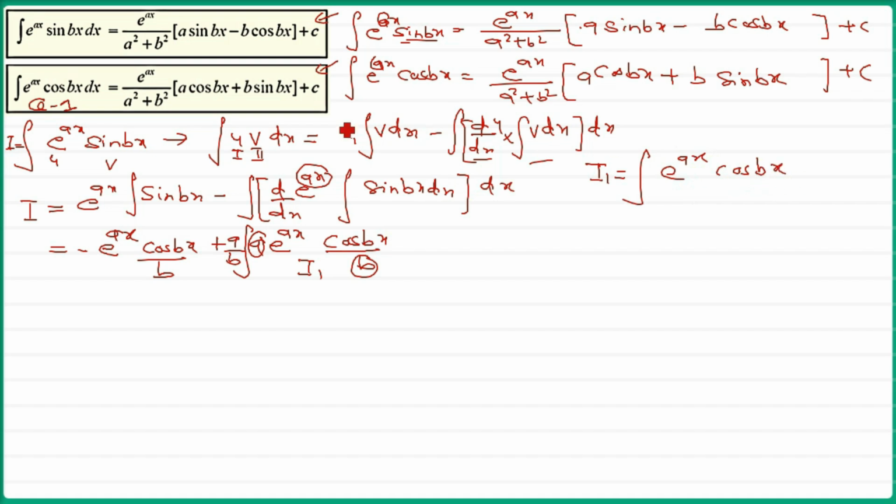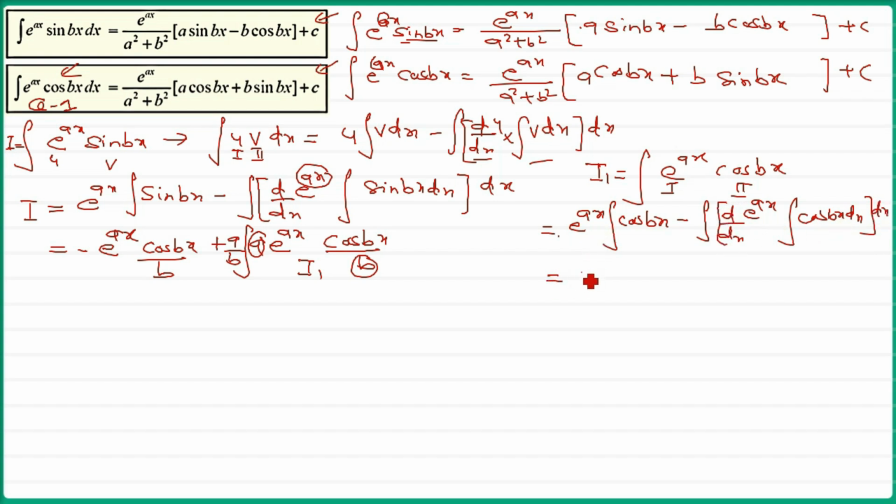So e raise ax cos bx, we are integrating it. This is the second function I am talking about, which we will be dealing with in question number 1. Here, e raise ax cos bx, we'll apply the formula now. So it's e raise ax, again same thing, cos bx minus integration of, now first the differentiation of e raise ax will be done, and then the integration of cos bx, and this whole will be again integrated with respect to dx. So e raise ax will come, cos bx is simply sin bx, and then bx will be differentiated,